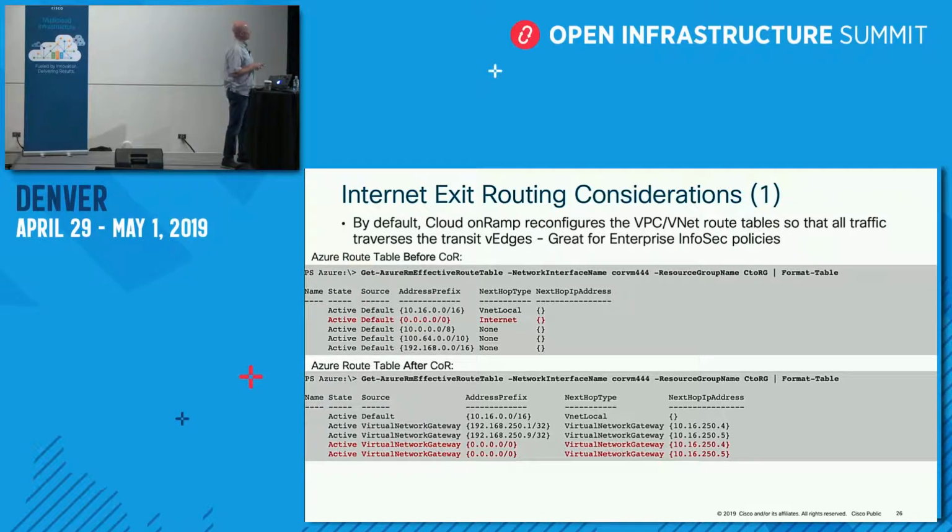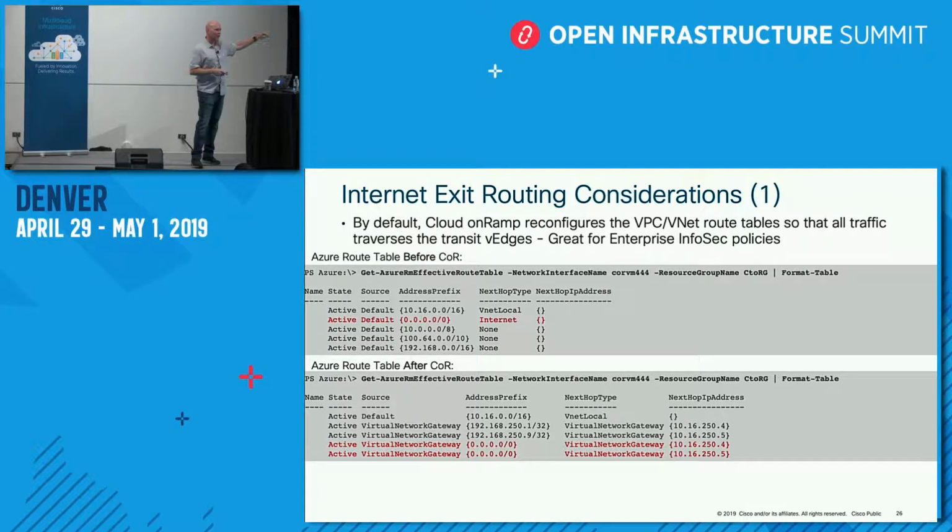When you deploy a cloud on-ramp solution, it reprograms all of that. It basically says if you're going to go to all routes 0, which would typically go to the internet, it's actually pushing you into a transit. Well, this immediately breaks everything if you've already got workloads that want to go to the internet. So think that you've got a container in Azure, and that container is pulling from the now broken hub.docker.com. And it went through the internet to get there. The second